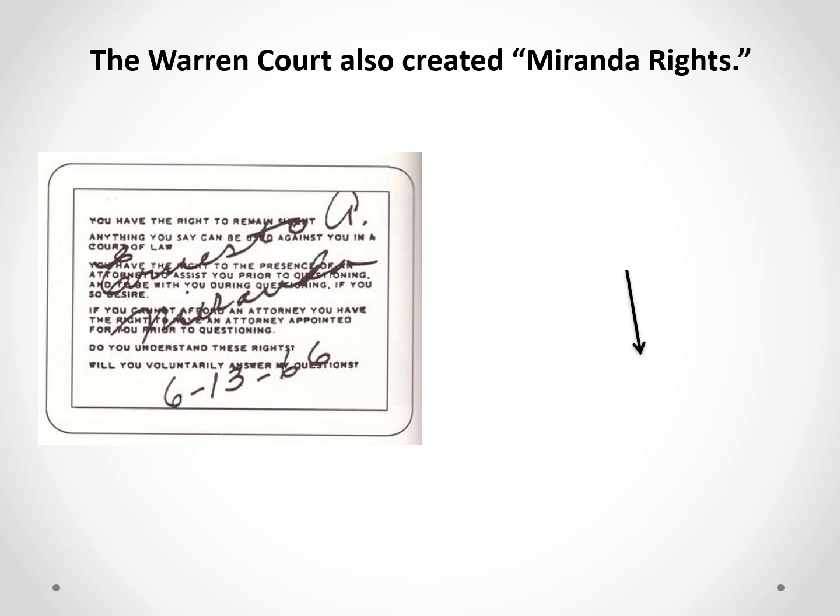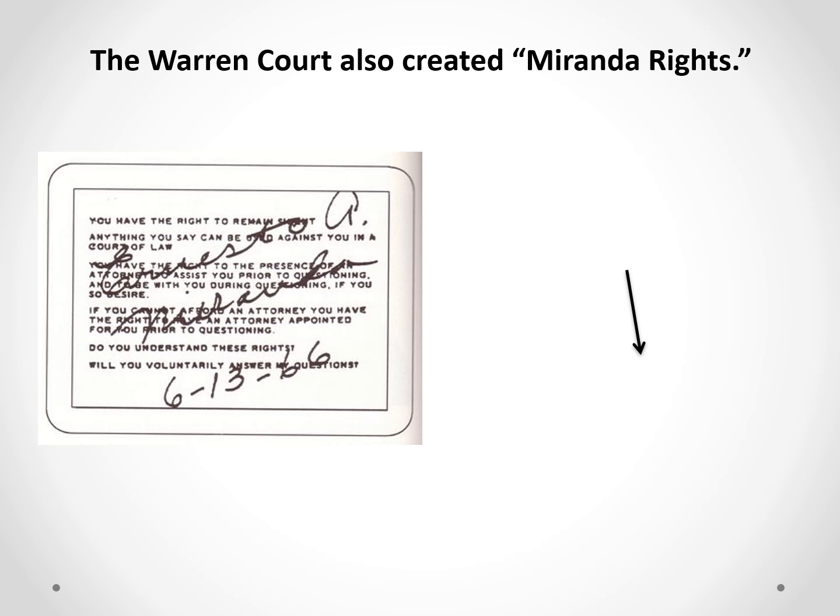In 1963, Ernesto Miranda was arrested by the Phoenix Police Department based on circumstantial evidence tying him to the kidnapping and rape of an 18-year-old girl. Okay, so Ernesto Miranda, not a good guy. There's evidence that he kidnapped and raped an 18-year-old girl. The police interrogated Miranda and he signed a confession. Okay, so a confession is like the gold standard of police evidence. If the person confesses, then the case is closed.